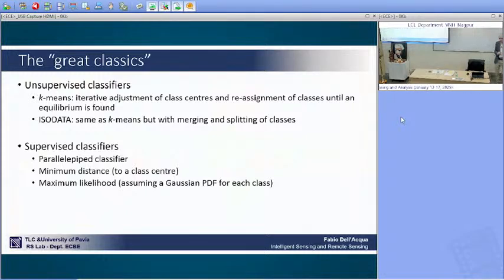Almost exhausted the time for the first hour. And the same applies for supervised classifiers. We had the parallelepiped classifier, which was very simple, minimum distance classifier, maximum likelihood classifier. It is interesting to have a look at the maximum likelihood classifier because historically it is very important. The maximum likelihood classifier is a classifier which treats the input vector as a multivariate random variable and assumes that,